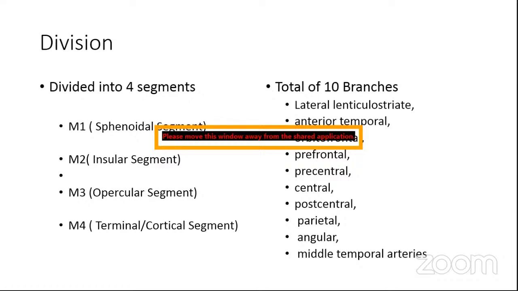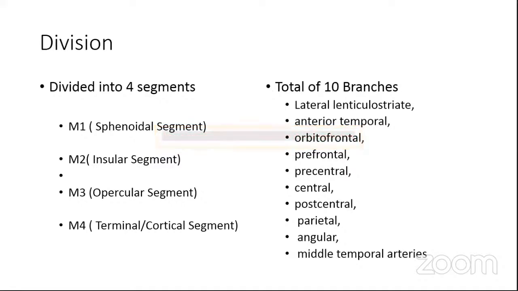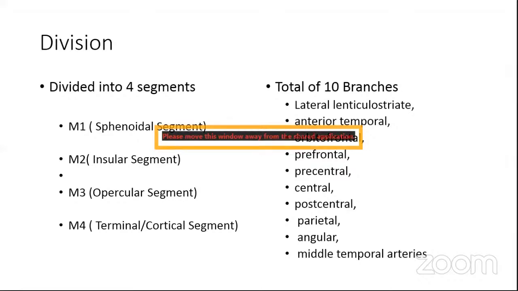So the MCA is basically divided into 4 segments, and each segment has its different arteries. Number one is the M1, also called the sphenoidal segment. The M1 segment begins at the terminal bifurcation of the internal carotid and ends at the genu, making a right angle bend as it courses over the small gyrus of the insular cortex, called the limen insulae. It runs parallel to the sphenoidal ridge,